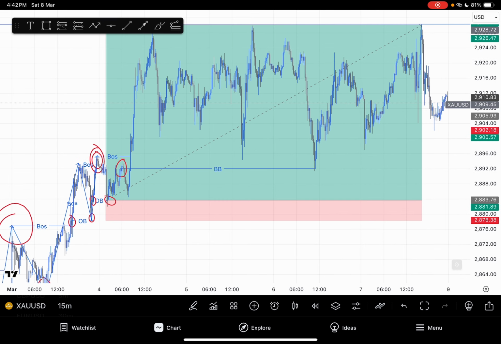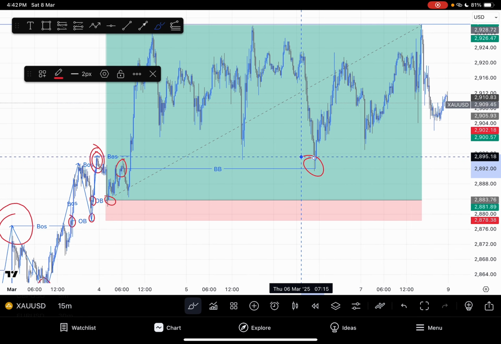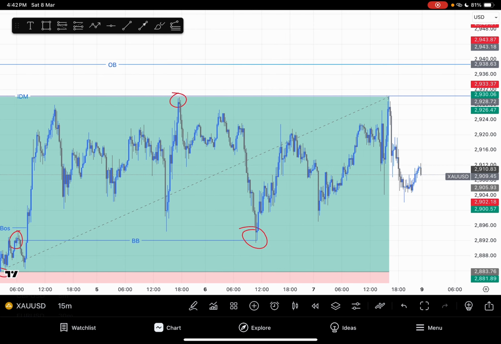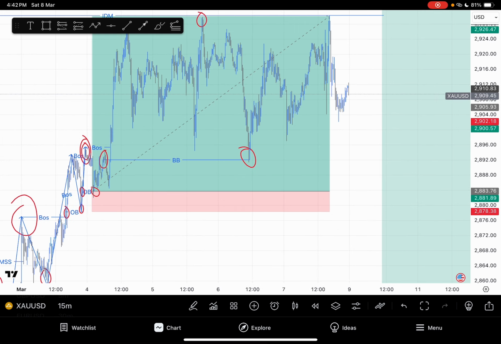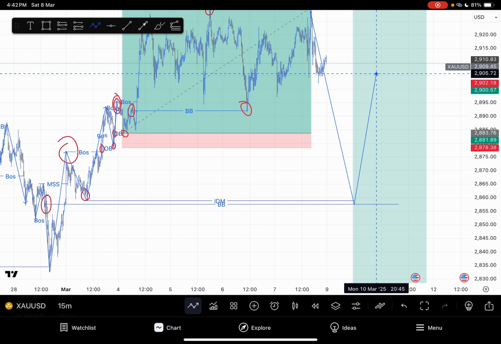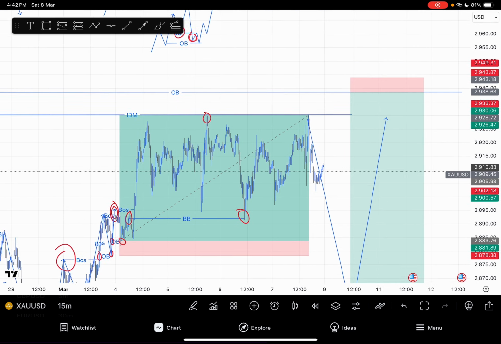If you trace it back, see price retested on it, then came for this liquidity here. It came for that liquidity here, but price didn't break above there with a full body candlestick. So that tells you the break of structure there is not valid yet. So I'm expecting price now to push to the downside from here to retest this breaker block before distributing to the upside,